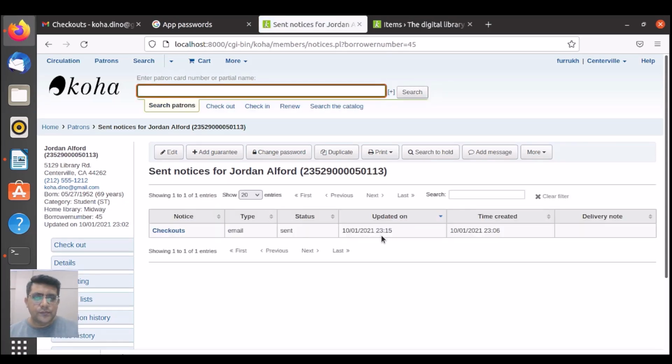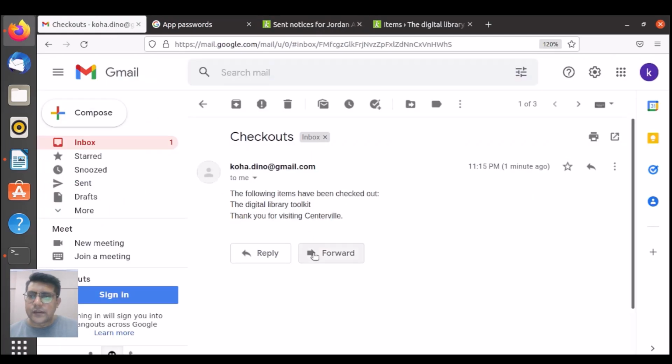See, it was created at this time and it was sent at this time, after almost 10 minutes. So that's all for today. We have configured the SMTP server for the advanced email notification. And what you can do to make this email drafting better,